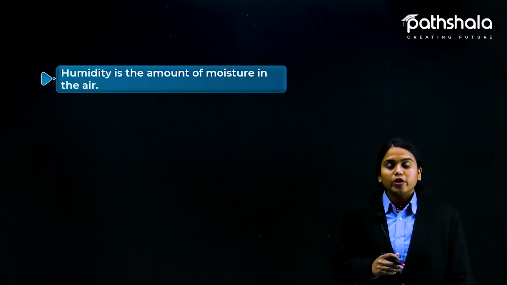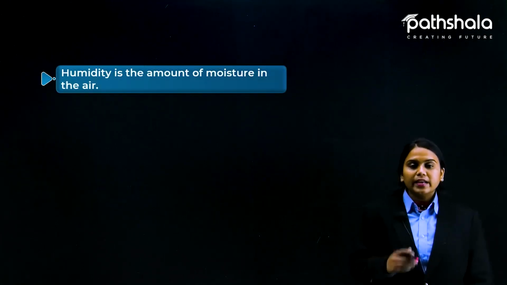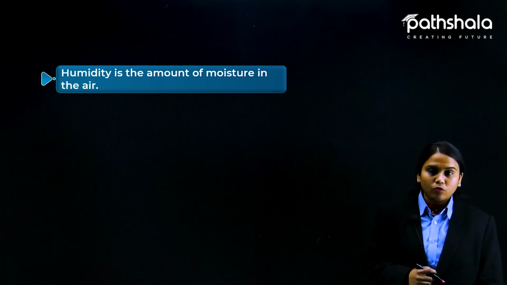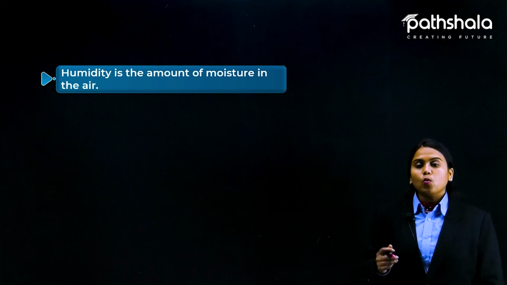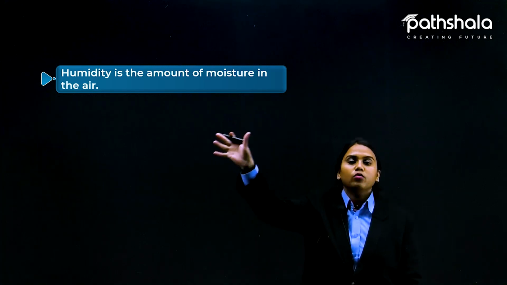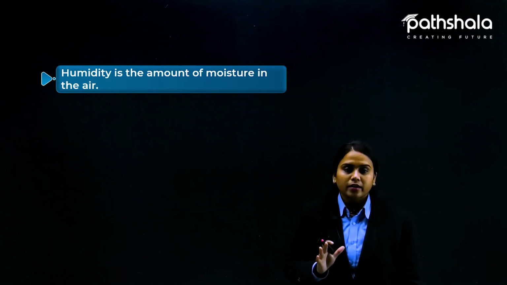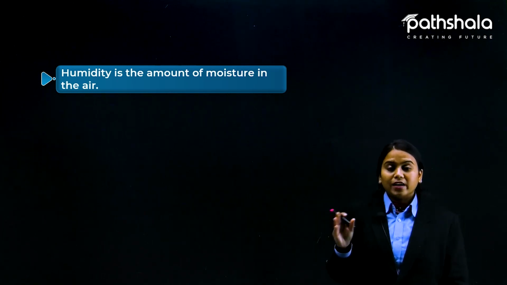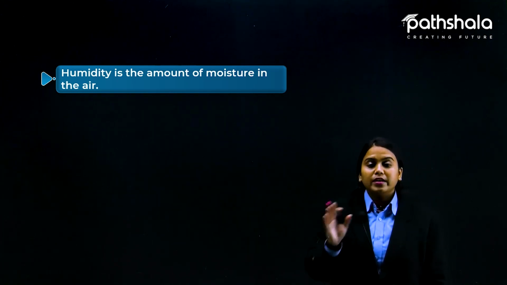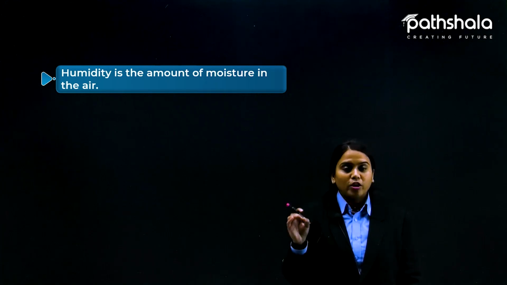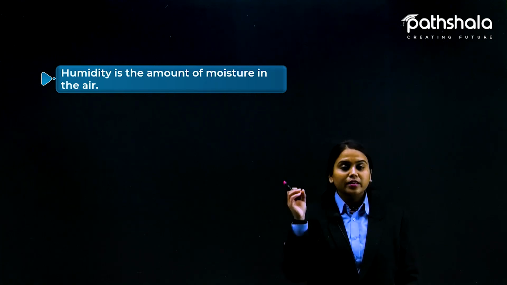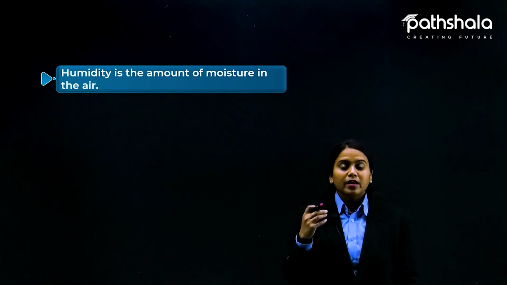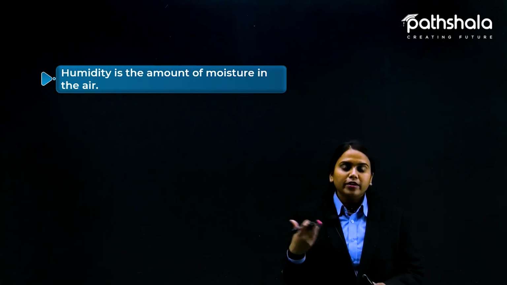Okay, so humidity. Now humidity is again a very big factor that affects the speed of sound. How? Because do you know what humidity is? Humidity is the amount of moisture in the air, like how much moisture is there inside the air. And you know that during the rainy season we have a lot of moisture around us, and even the sweaty feeling on our skin is again a result of the humidity.